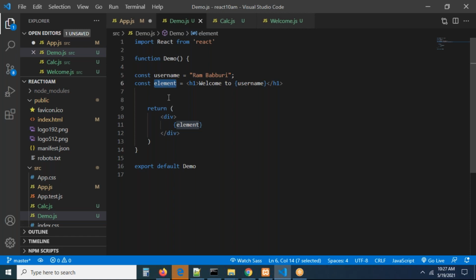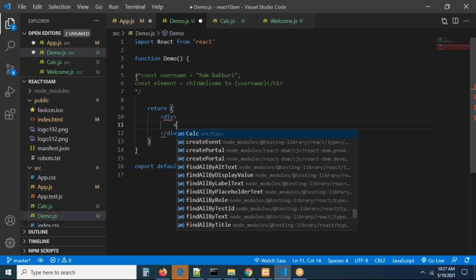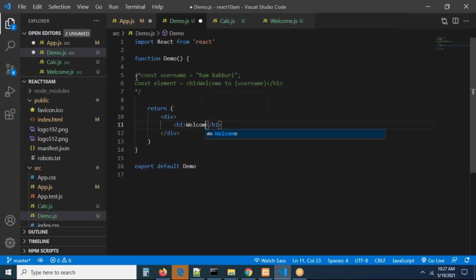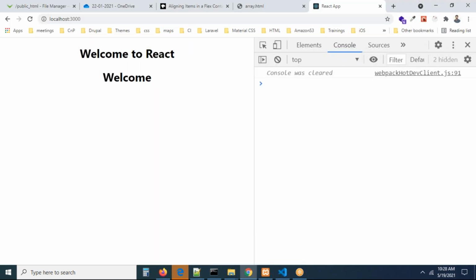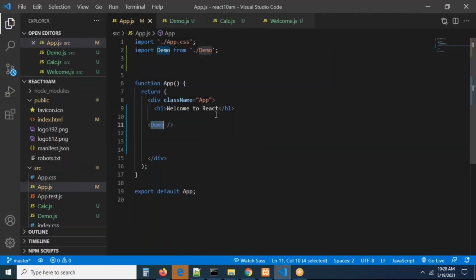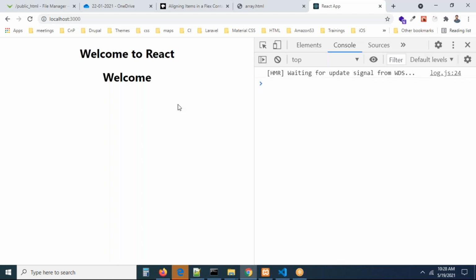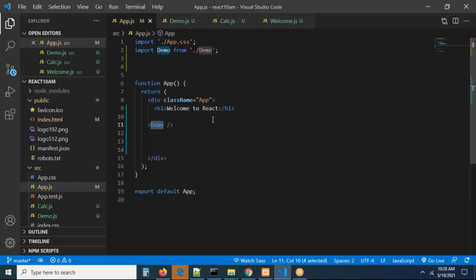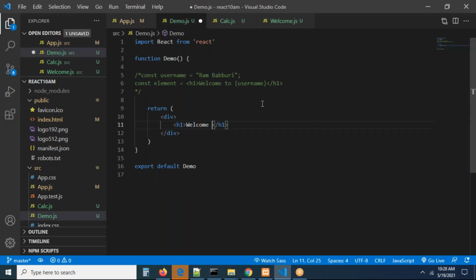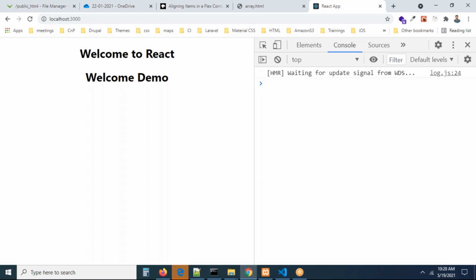Okay, let us do one more scenario. Let me keep this in comment, guys. Here in this element I'm going to write welcome to functional component. This is a functional component. Let us write an h1 tag, welcome, just welcome only I'm writing. Now you can save this file, refresh the page, and run the file. You're getting welcome. This is your functional component, welcome demo. Or else, for confirmation, you can simply write welcome demo. Perfect, guys. Now you can check this. This is going to be done.